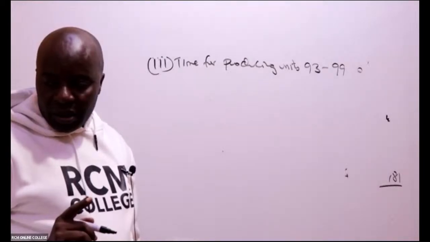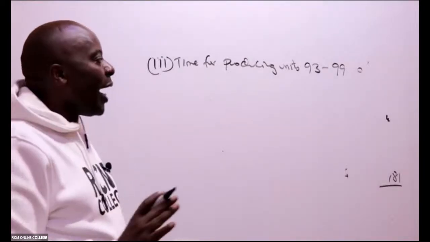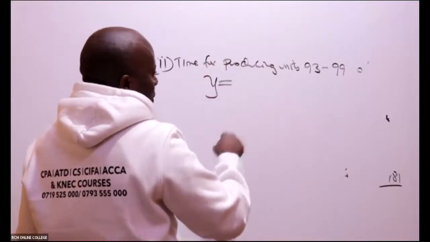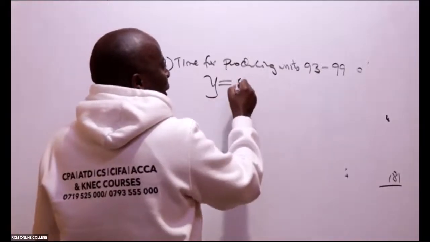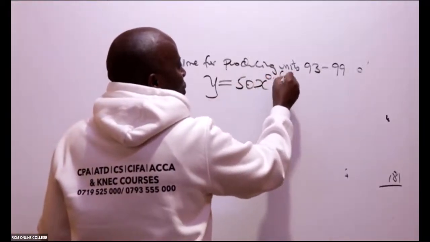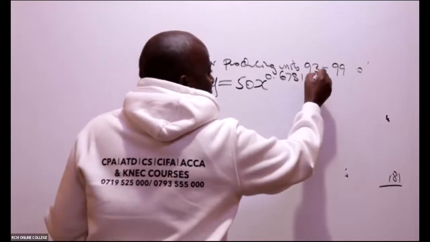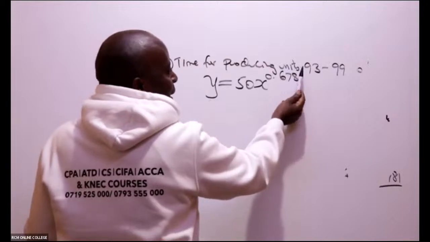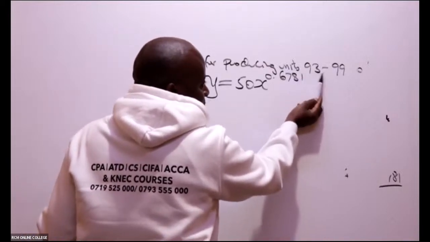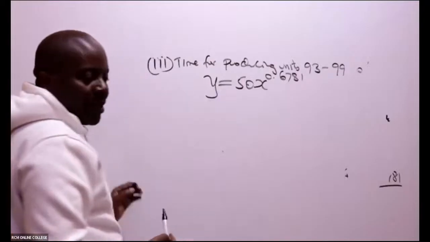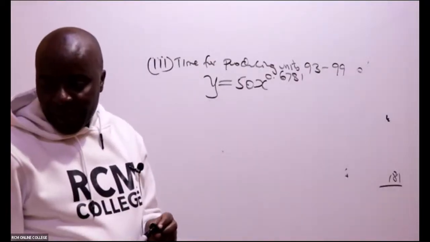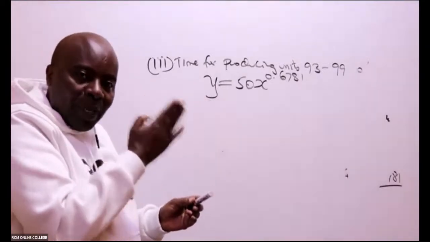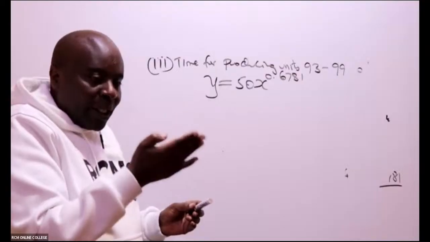The first thing that I will do, I have my model. Remember the model, we already got the model, which is applicable across all questions that you are doing for this. Our model was 50x raised to 0.6781. But you see, this needs some expansion. I can see the number that is being cut. Is there somebody who is able to tell me which number is being cut? 92 is being cut. 92 is unwanted. What is wanted is from 93 to 99.